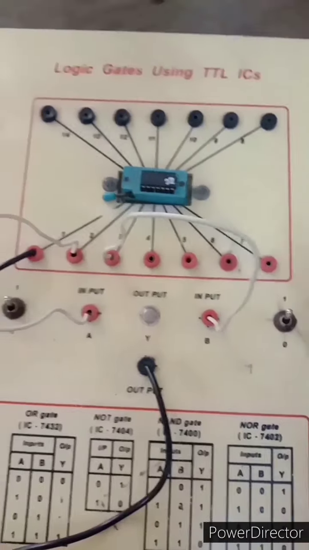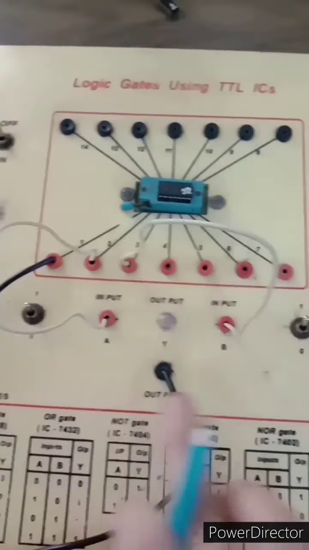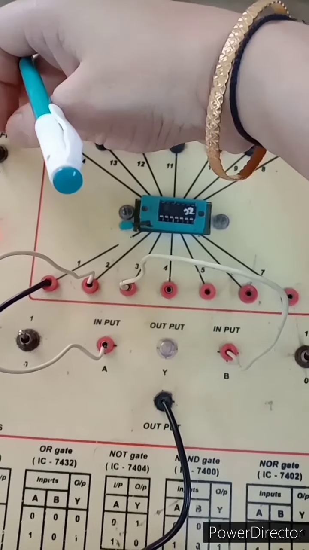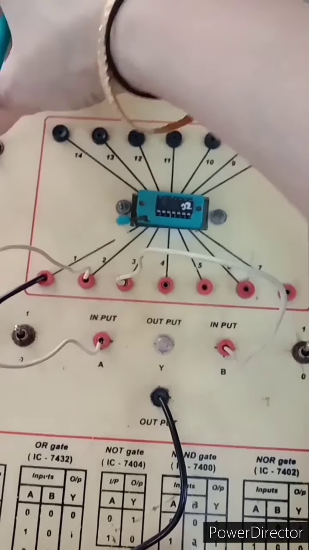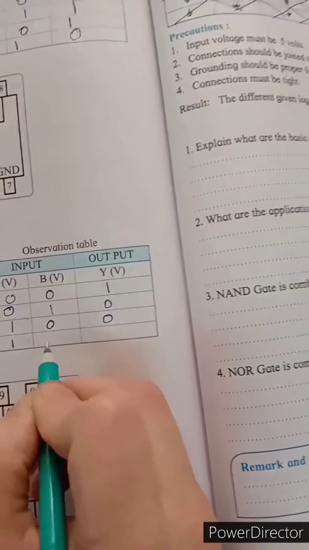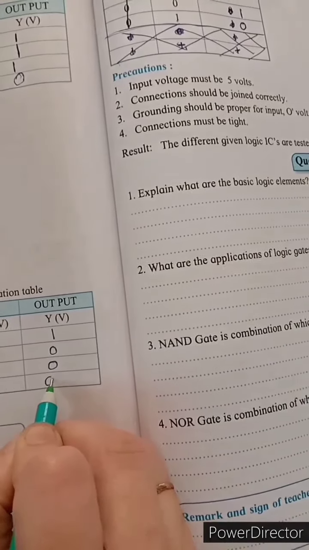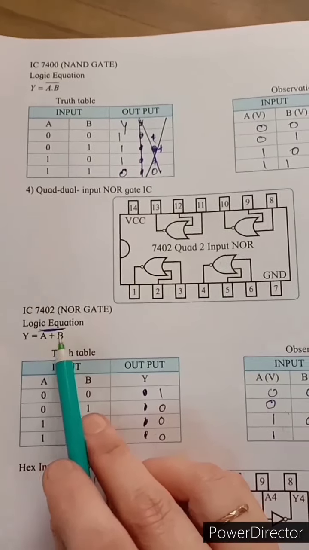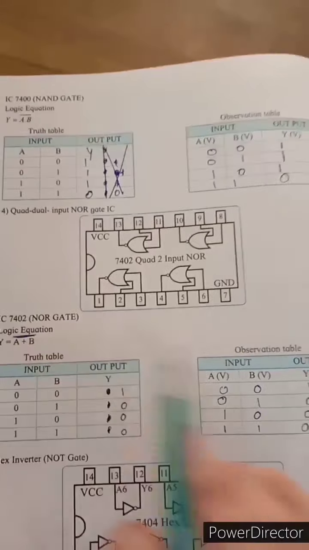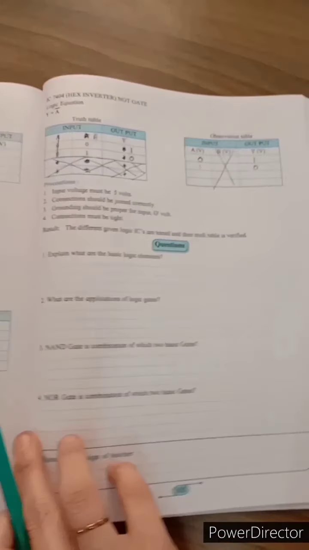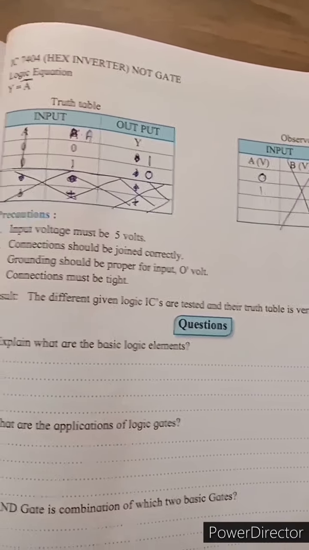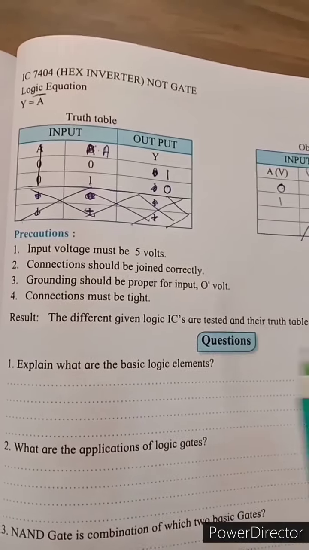Now give the condition. Both the inputs are at high. A is also high and B is also high. Switch it on. Again we will not get a high output. We get a low output. Switch it off. So when both the inputs are at high, we get 0 output. So this also tallies with the Boolean equation y is equal to (A plus B) bar. So it verifies the truth table of all the given basic gates and the other 2 gates.